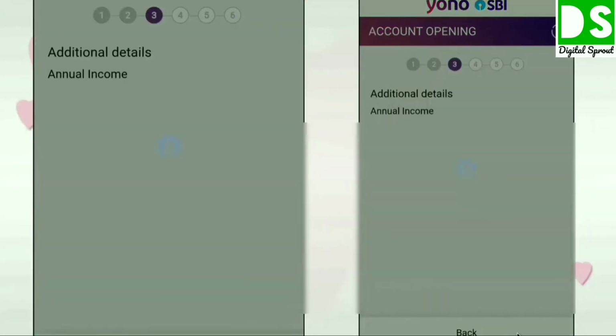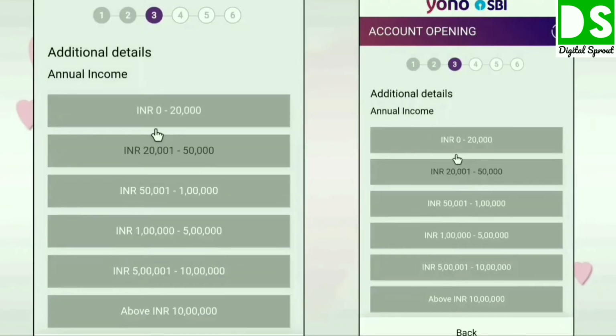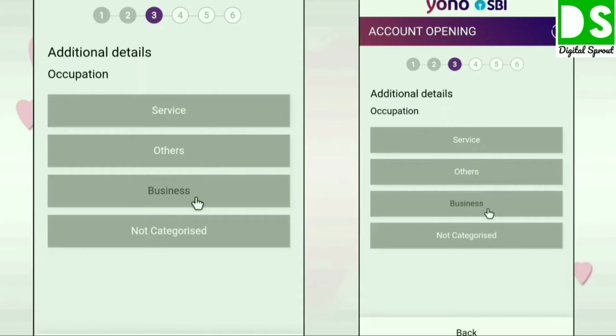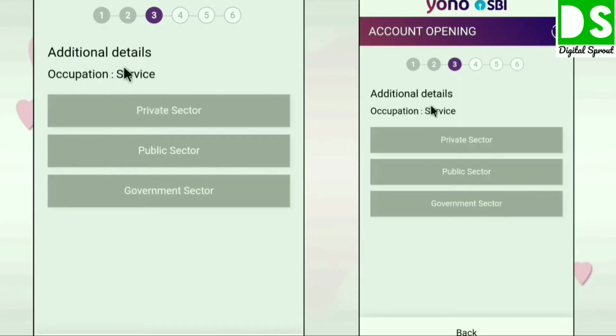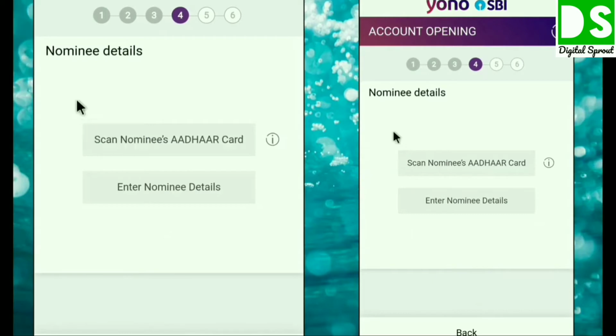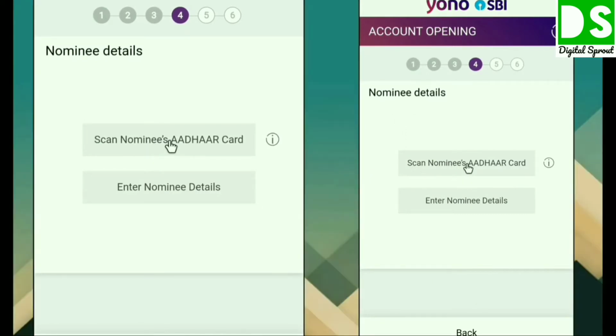Click on the next. Now annual income. Then additional details: occupation, service, others, business, not categorized. Additional details: occupation, service, private sector, public sector, government sector. Then additional details: religion, Hindu, Christian, Muslim, Sikh, others. Next, nominee details. Then scan on the nominee details.